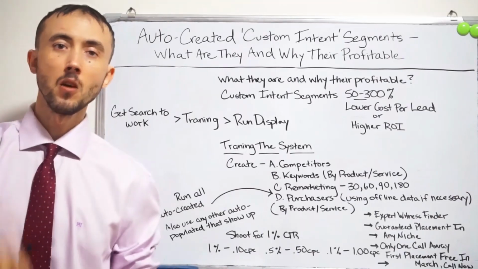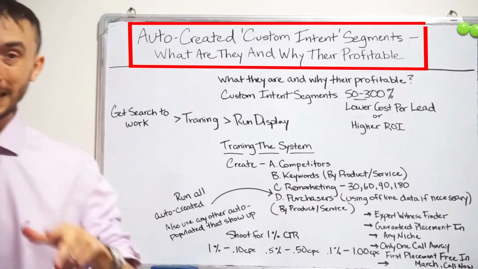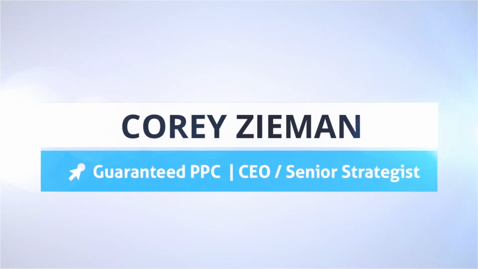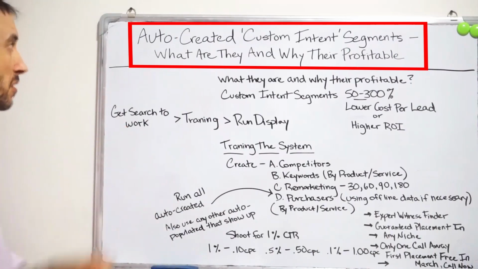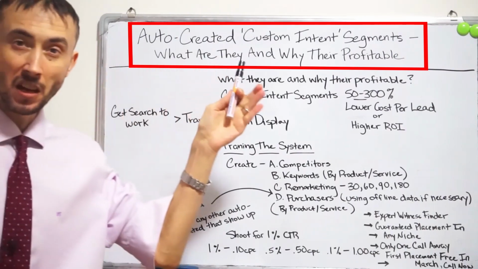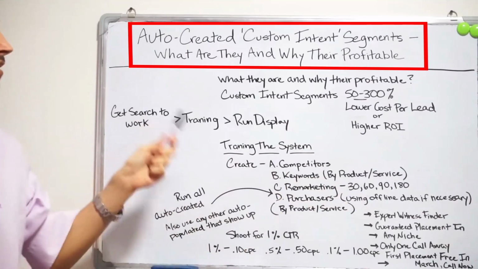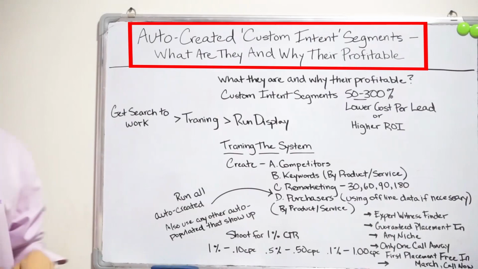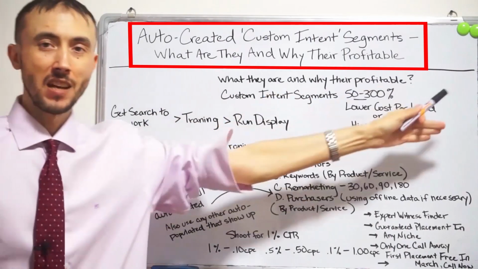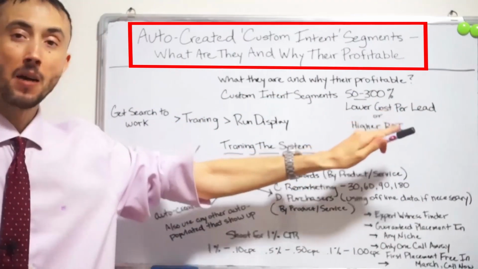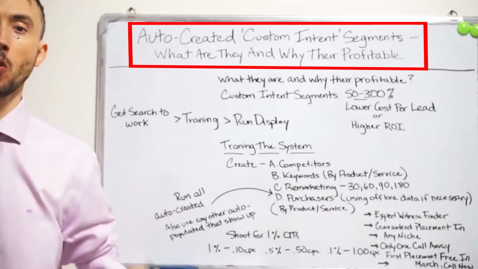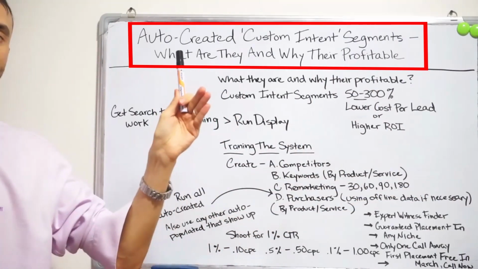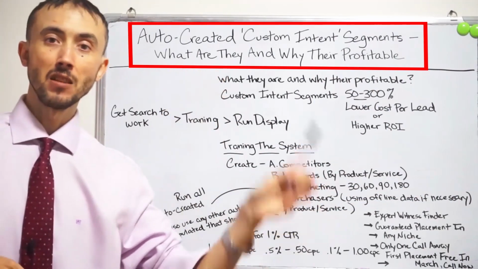Okay, on today's video we are going to cover custom intent segments, specifically ones that are auto-created, or what Google calls auto-created custom intent segments. I'm going to talk about what they are and why they're actually profitable, 50 to 300% more profitable than regular custom intent segments, which is linked to display advertising through Google Ads or